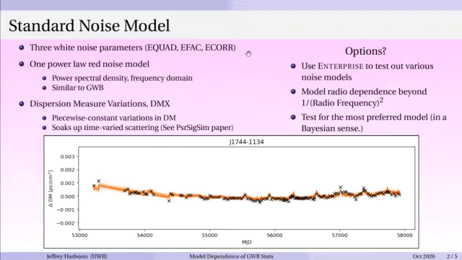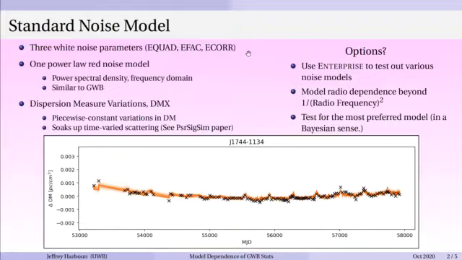So this is power spectral density and modeled in the frequency domain. We use a Gaussian process to do that. And we're just looking for these time correlated errors in the times of arrival that have to do with all kinds of various things. They could be mismodeled chromatic errors from the interstellar medium. They could be intrinsic spin noise of the pulsar, or they could be a gravitational wave. So this is exactly how we model the gravitational wave background across all the pulsars. But of course, there we're looking for correlations across all the pulsars. So there's this additional term that sort of mops up anything that might be along one line of sight for